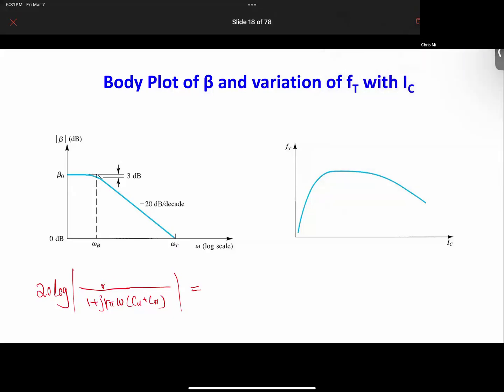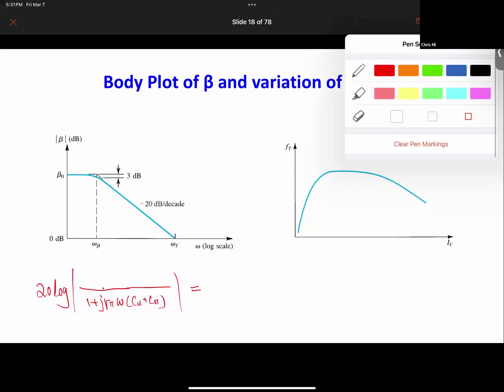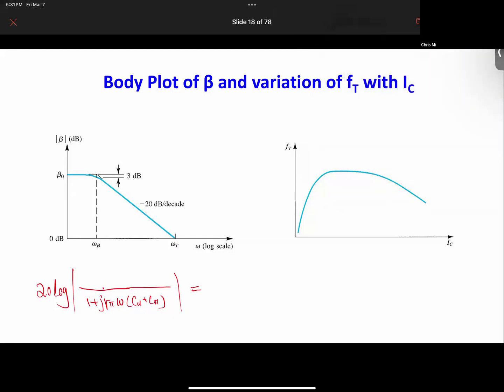So we put this here and we multiply this one by beta 0. And we got this. So if we take this, you can see that when this number is small,